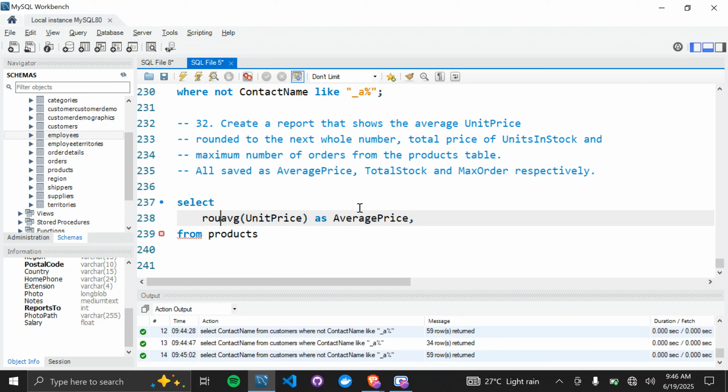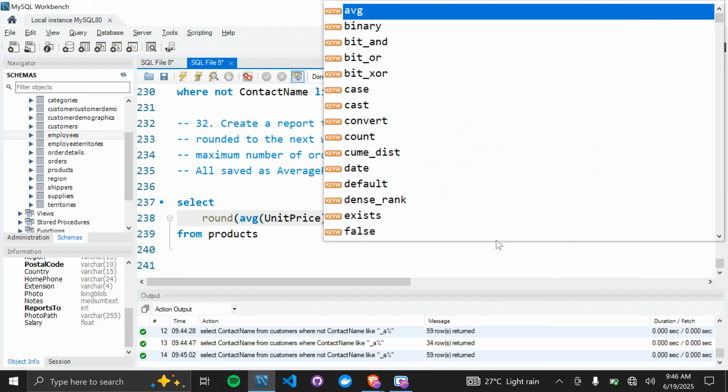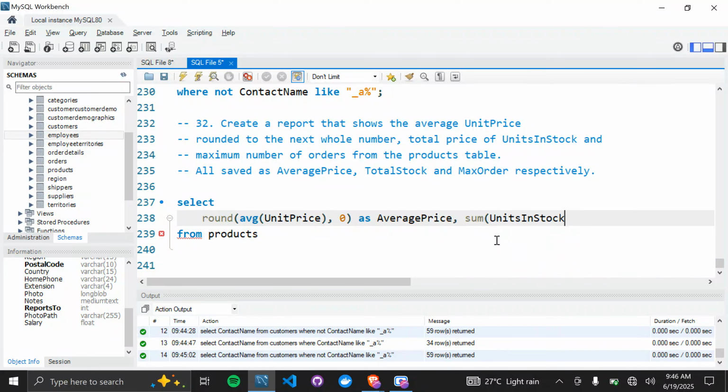So we can say round with all of this. I mean, we've touched on the round function also in the previous class. So total number is round zero. Total price of unit stock. That's going to be sum units in stock as total stock,